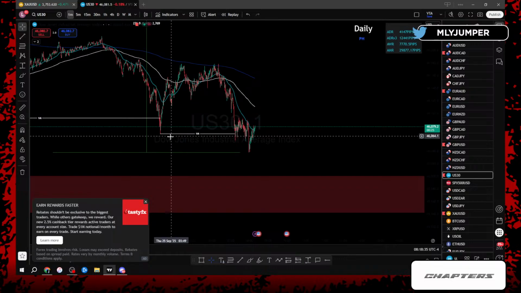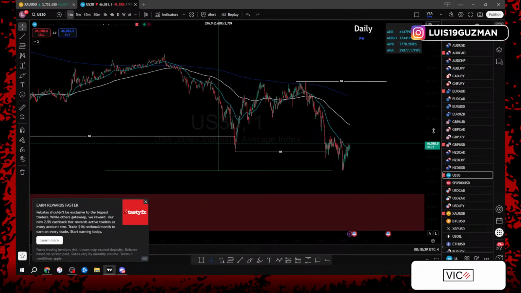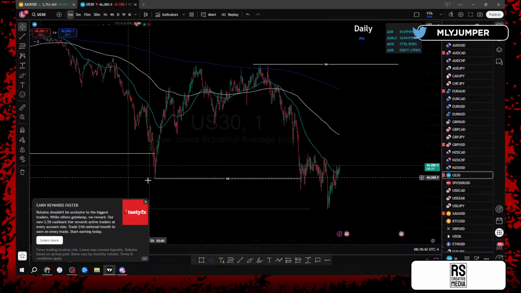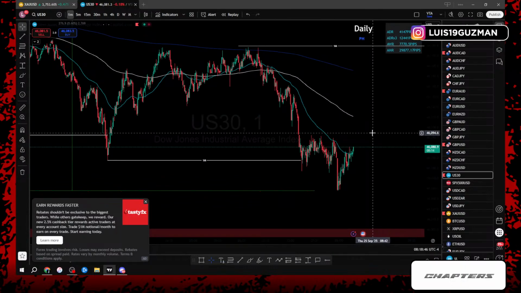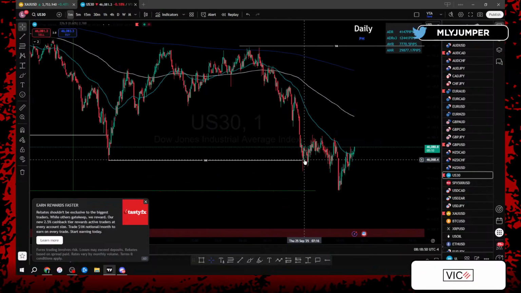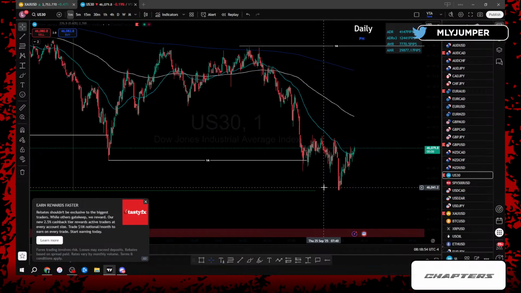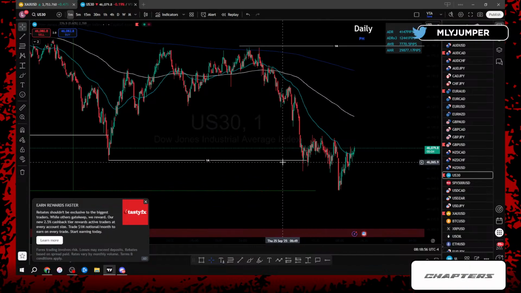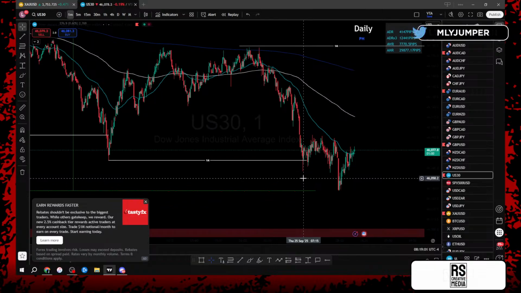Right? Then price gave us lower low, and now we know we have this lower high here. From here to here, boom, we got the lower low. Now, what I'm looking for here on the 1 minute time frame, on the 5 minute time frame, to classify something as a lower low is a candle closure below,